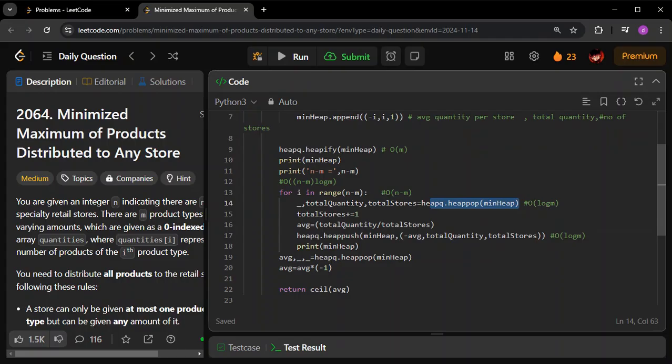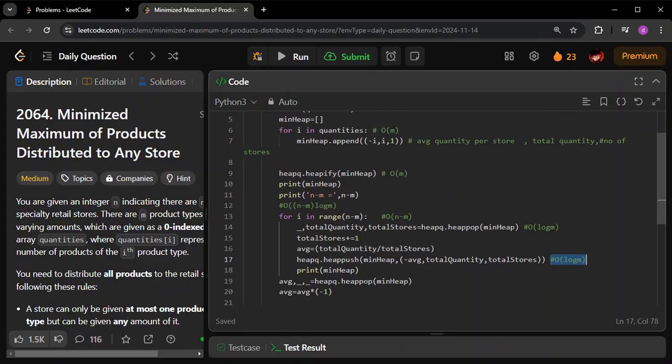Remember that. The second thing is heappush. The best part about the heap is that the complexity here and here is the same. In a plain algorithm, the insertion would be O of one, but you still have to sort again after inserting a new element, so it will take n log n time in total. Here it is just log m time. So that is the advantage of the heap.